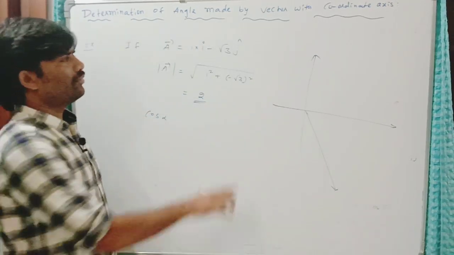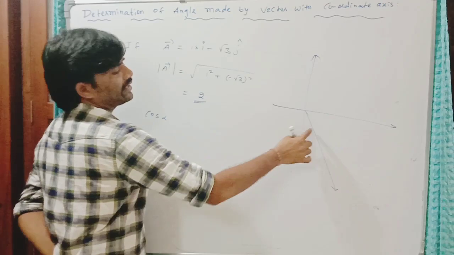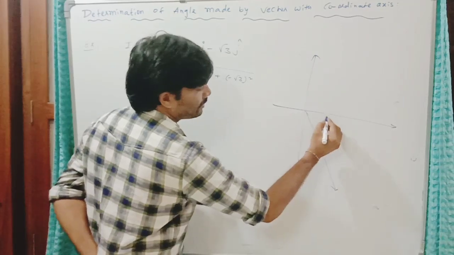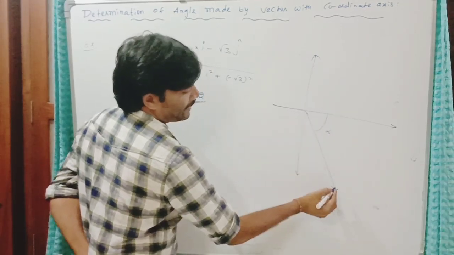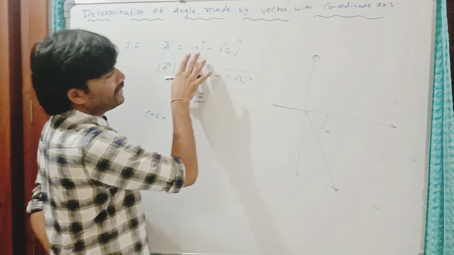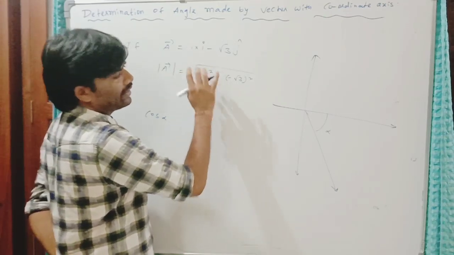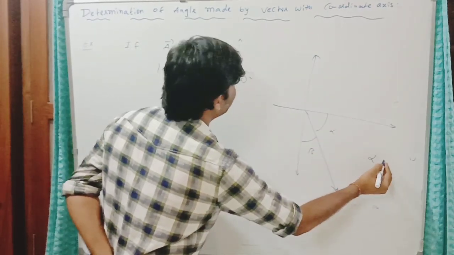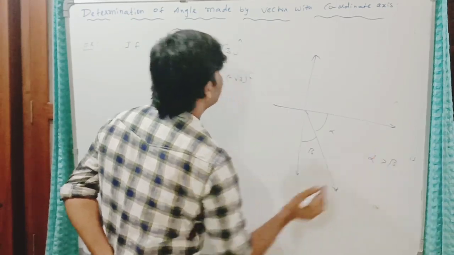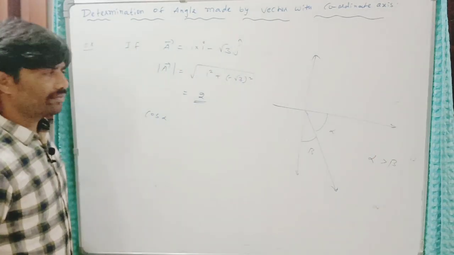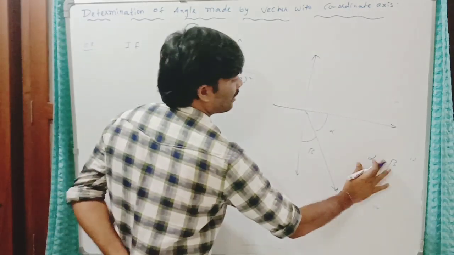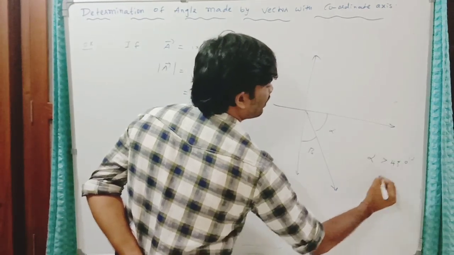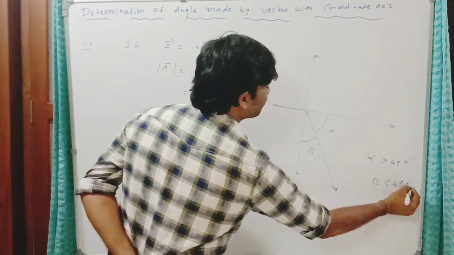Definitely it can make more than 45 degrees angle with this positive x-axis and less than 45 degrees angle with this negative y-axis. So we can guess now. By estimating this quadrant of this vector, you can estimate this angle and this angle. This alpha is here greater than beta. Reason, that y component is more. So alpha is more than 45 and beta is less than 45.